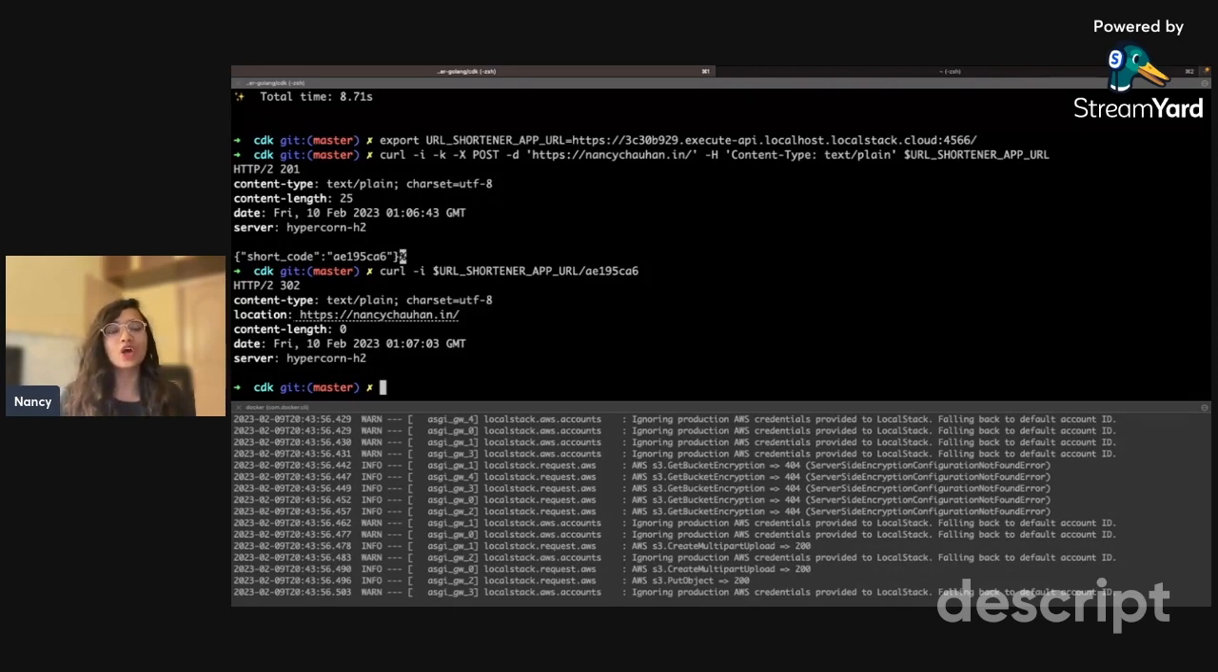So this is a super awesome tool, and I'm so happy to talk about this open source tool in this